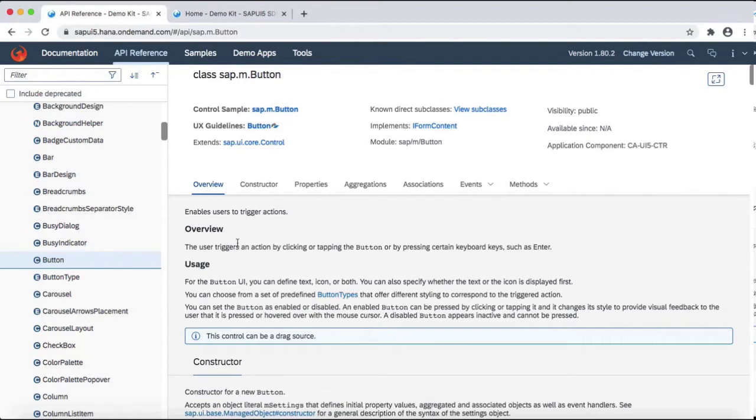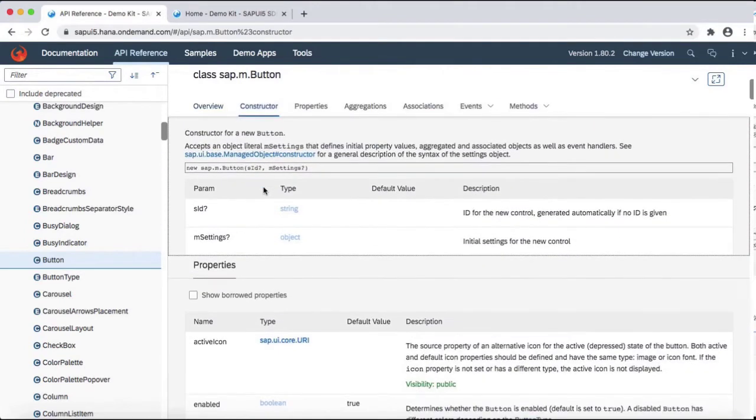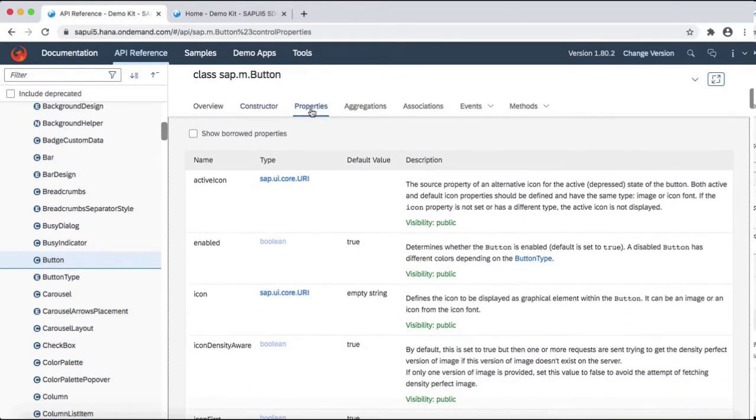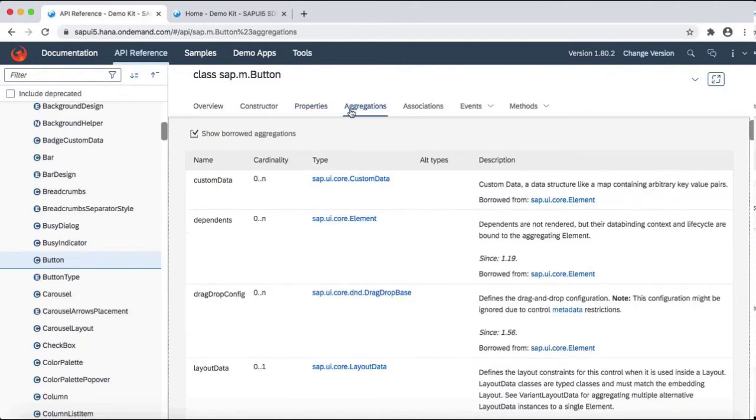The overview tells you about the uses and overview of the control. Constructor tells you about the constructor of the control. Properties lists down all the properties of that particular control. Aggregations tells you about different aggregations that can be used to contain child elements.